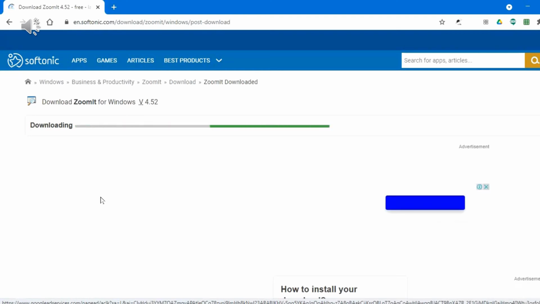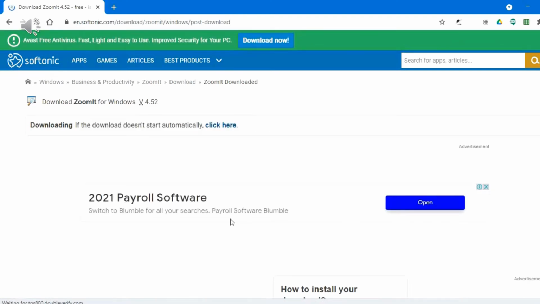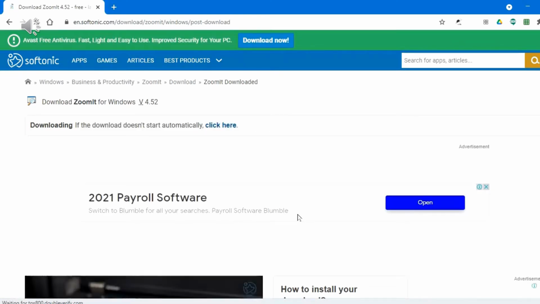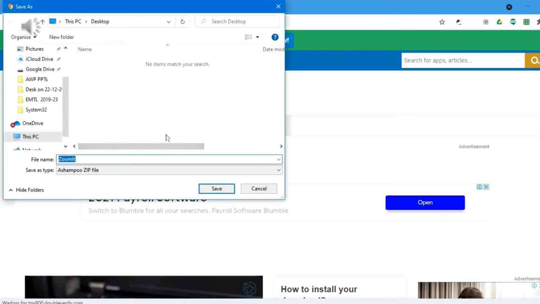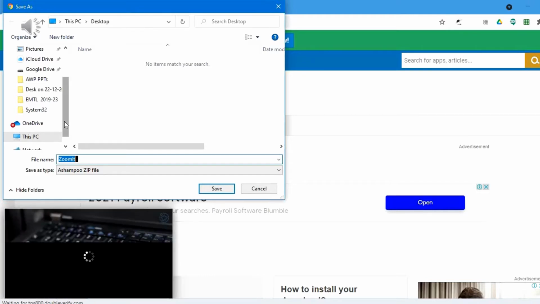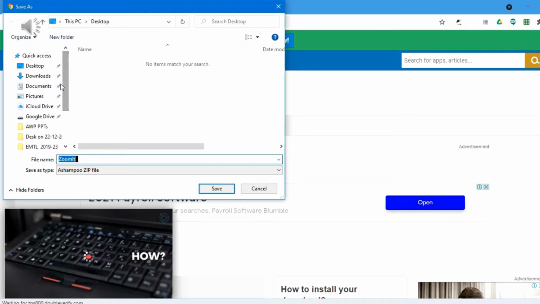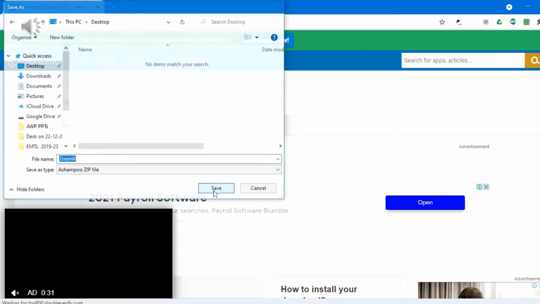Similarly, when you are downloading this ZoomIt, you have to download the correct compatible version of ZoomIt, whether it is for your laptop or your desktop or your mobile. Download that particular compatible file only. Right. Let me save this on my desktop.